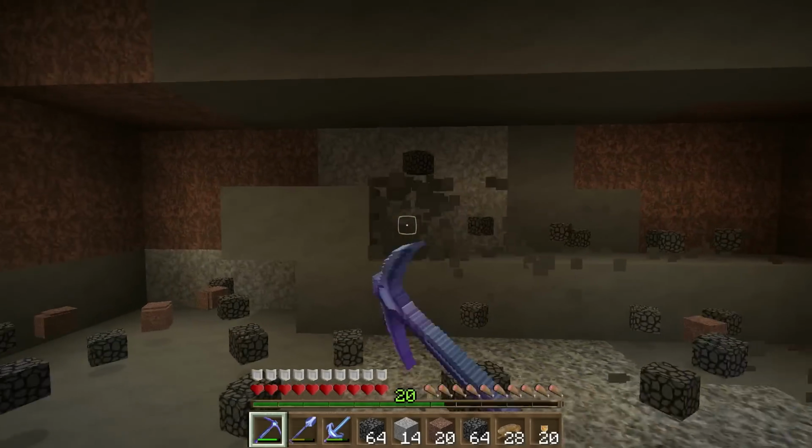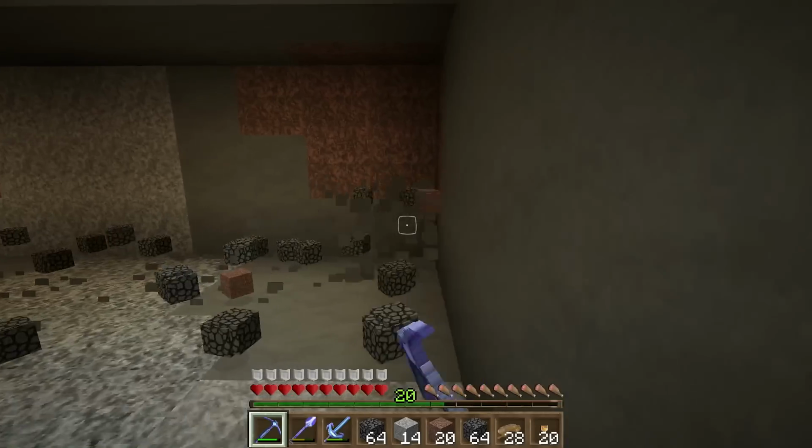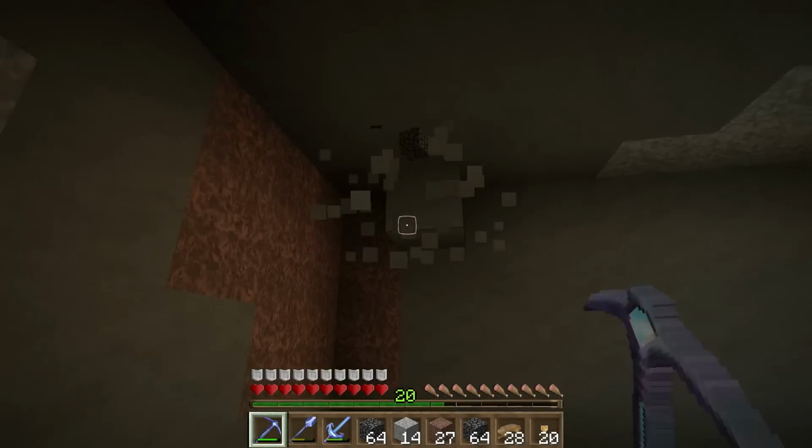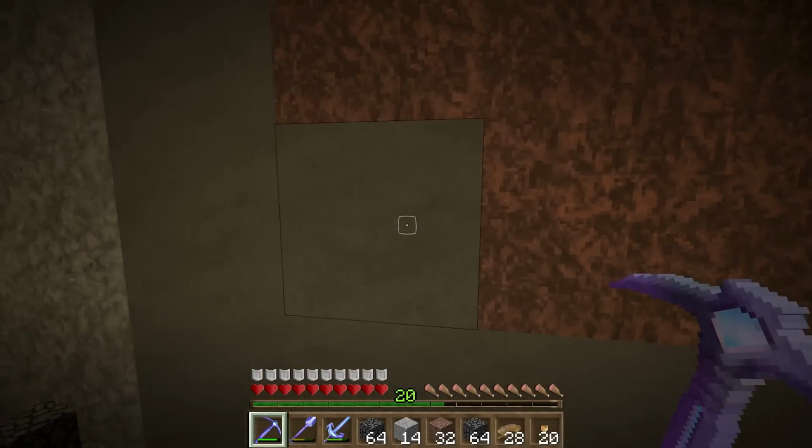Get the name tags, start collecting 40 name tags, and we're building a mob farm of doom that's going to produce so much loot that we're not going to know what to do with. So,